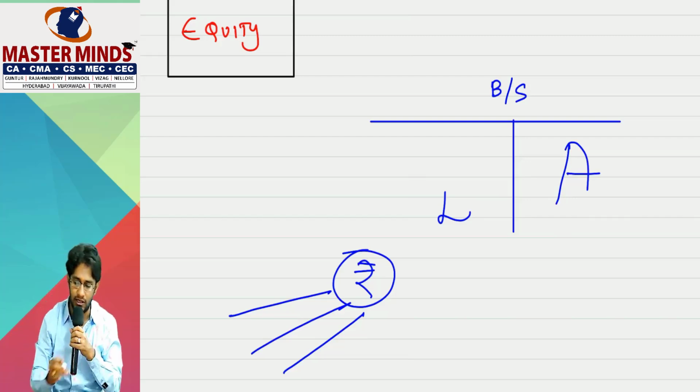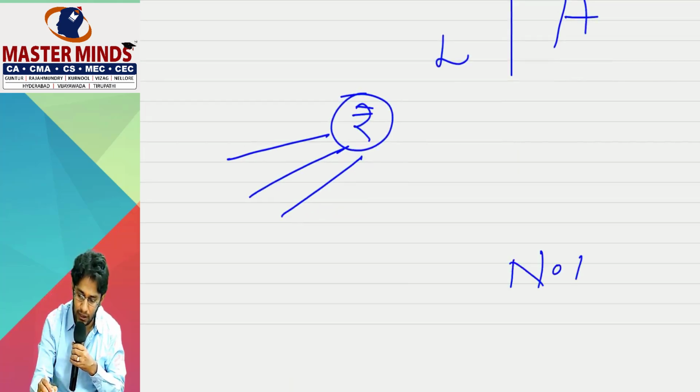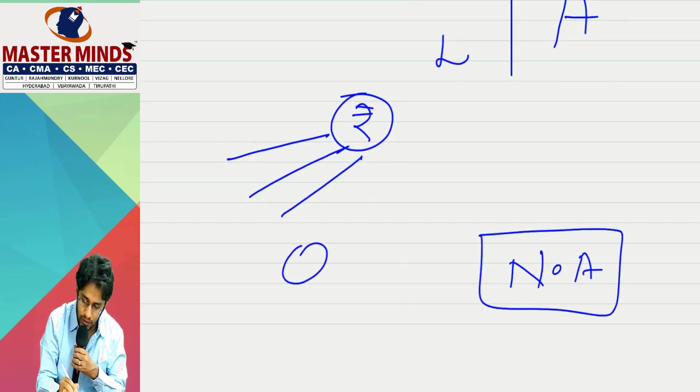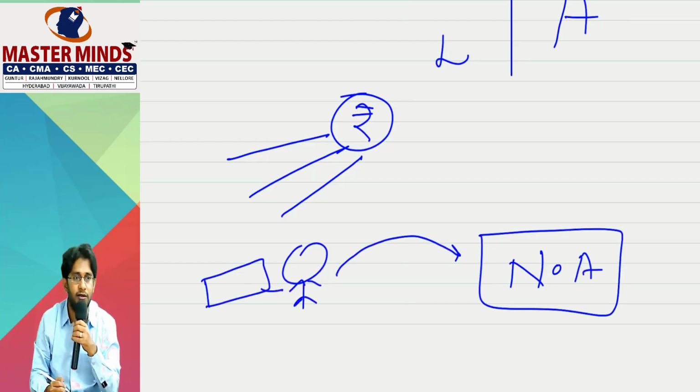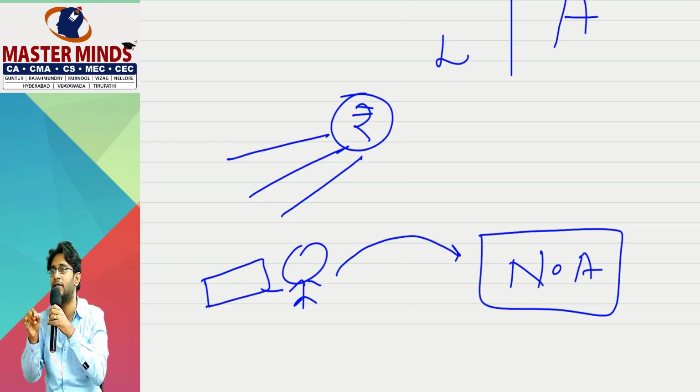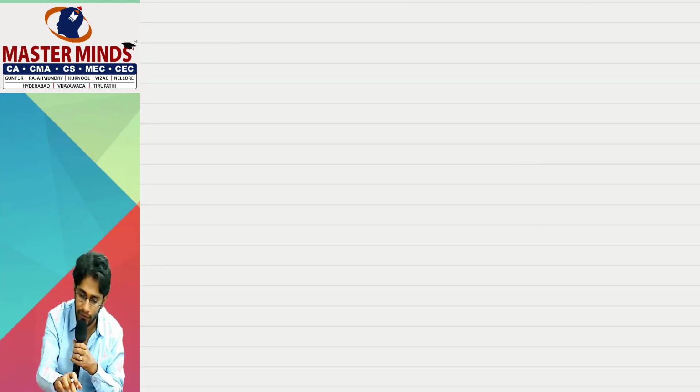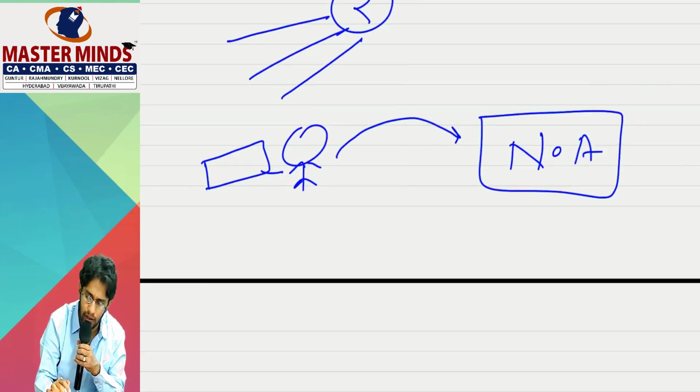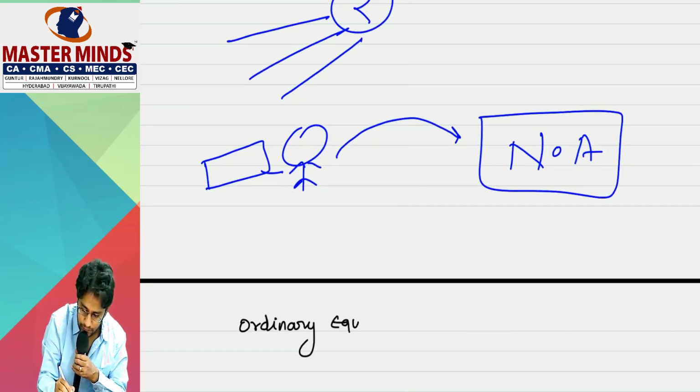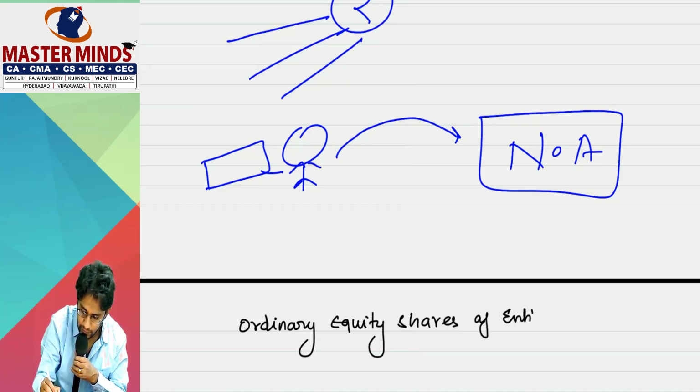Indirectly he is saying that if a fellow has a right in the net assets, he will be holding a paper in his hand. That paper is called an equity instrument. The classic example of equity instrument is the normal ordinary equity shares. Ordinary equity shares of an entity will definitely become